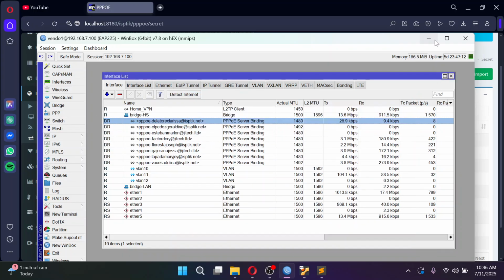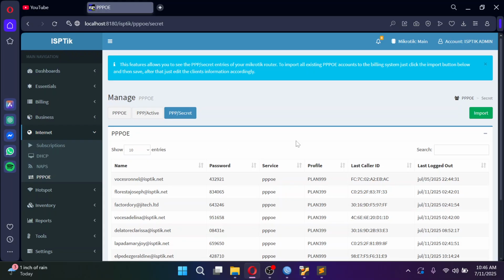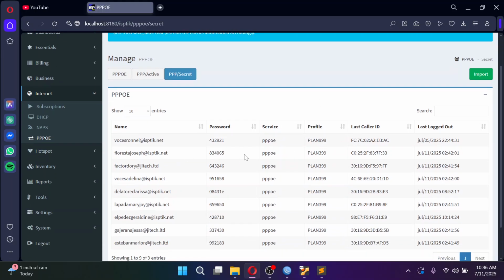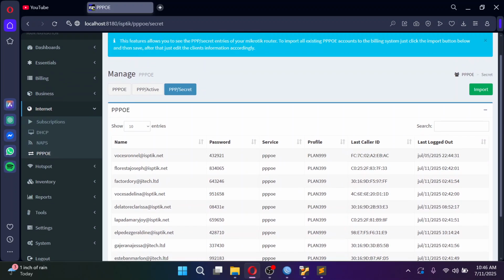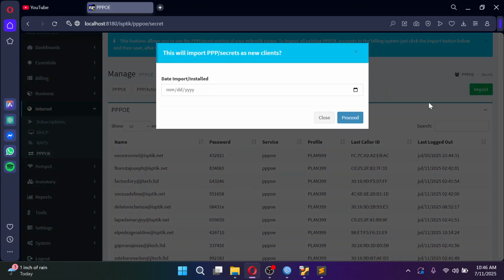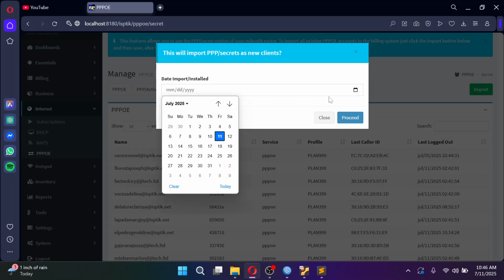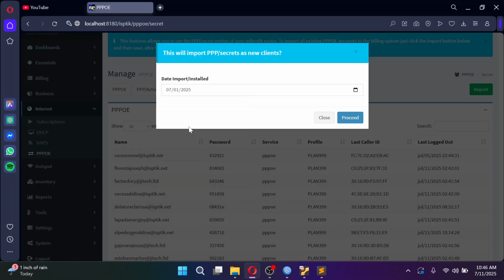Okay. So what we will need to do is we will import your MikroTik PPPoE clients to your billing system. Okay. So for smooth and easy integration, just click import. Okay. And then make sure that the starting or the import date is set to the beginning of the month, no matter what. Set to the beginning of the month.